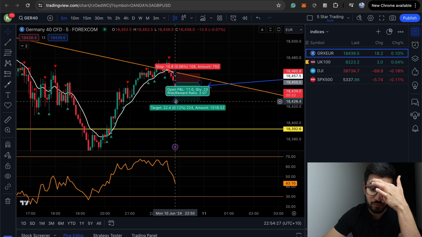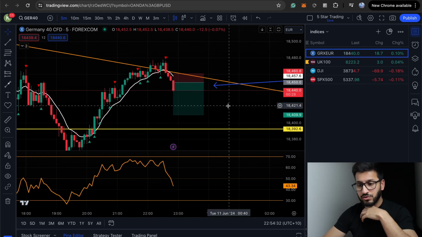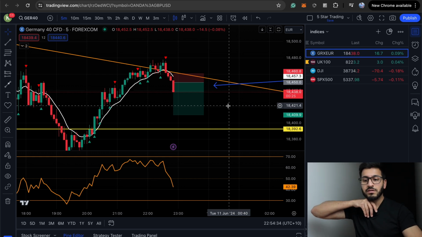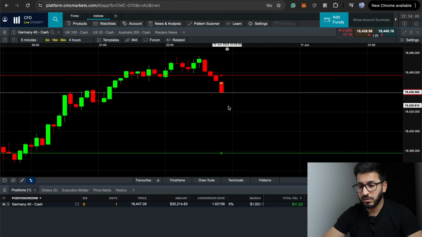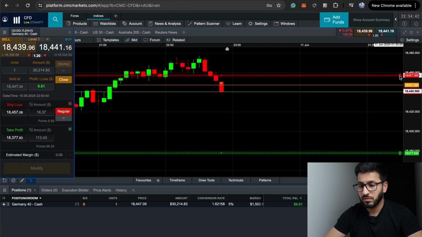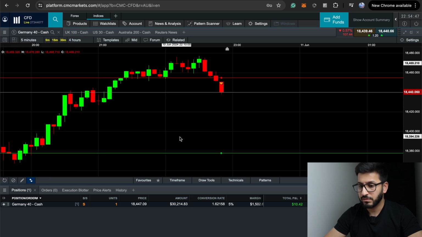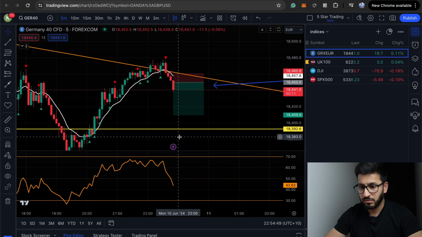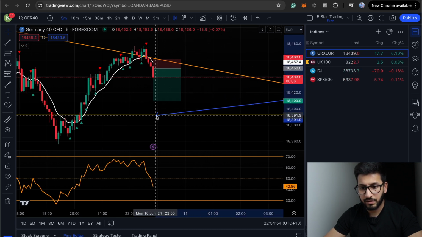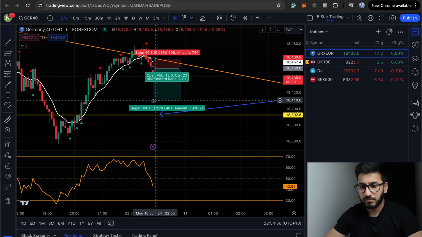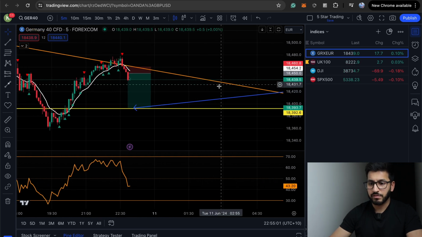It's a 10-point stop loss, and I think I'm gonna get whatever I can get. I think we should go down and test 18,392, but we don't know. We'll see. Just gonna move my stop loss a little bit so that I'm not risking that much. This is my profit target. This is where I think the price should go,